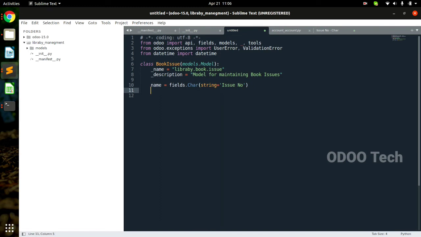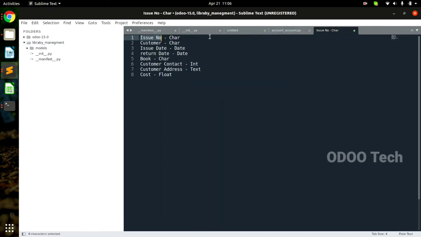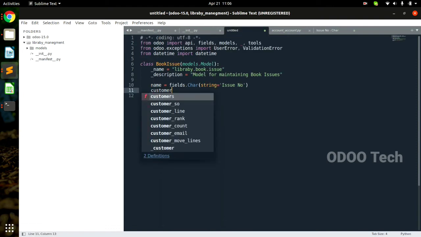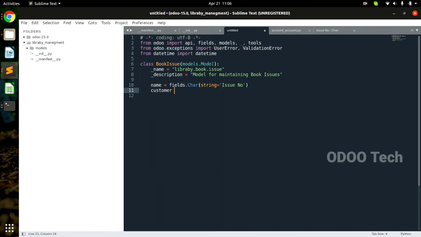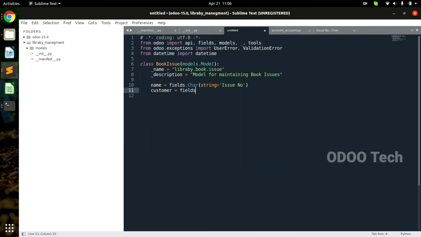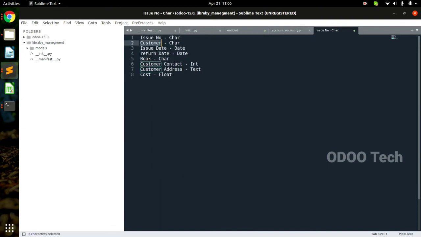Okay, now our second field, which is the customer. I'm gonna directly write the customer because nothing new is required. So again, customer is equal to fields dot, what is the data type? Character.